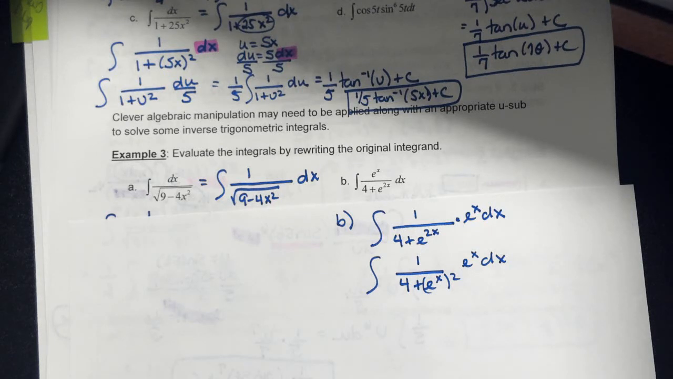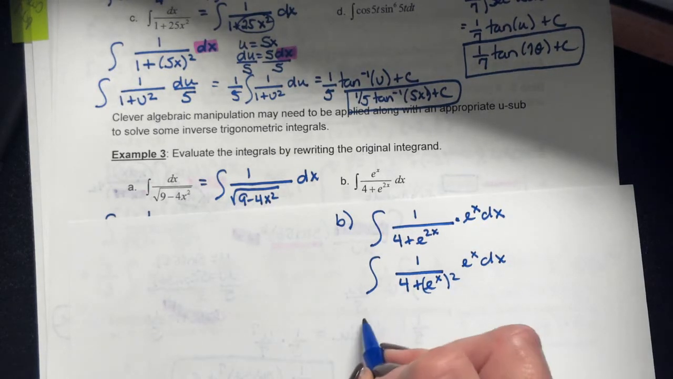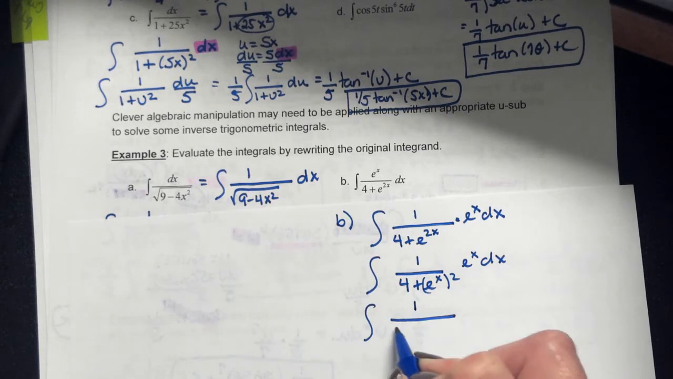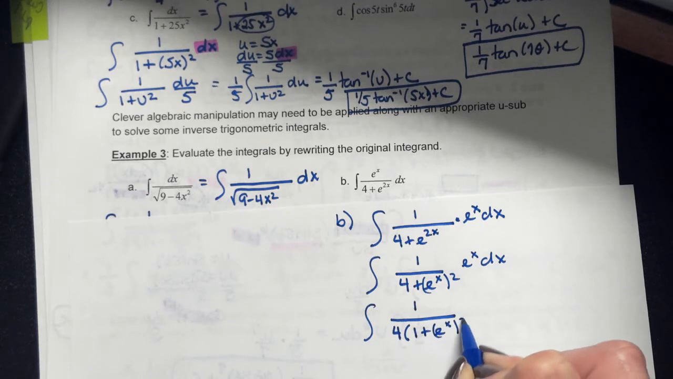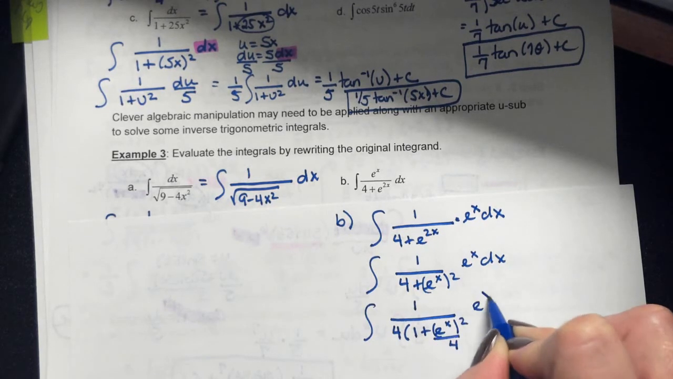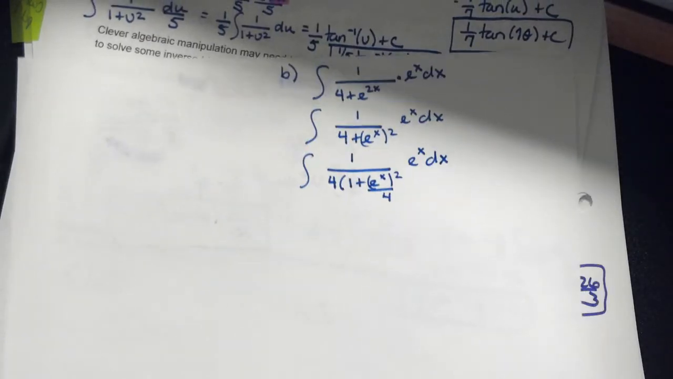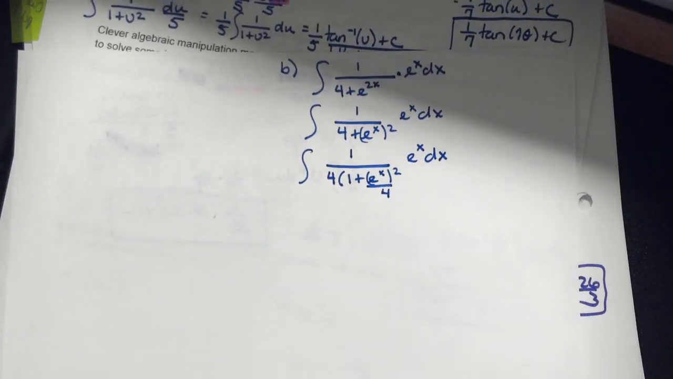I don't need a 4, I need to have a what? 1. So what am I going to factor out of the denominator? I'm going to factor out a 4. So now what constant can I yank out of this entire integral? What constant can I yank out? 1/4. So I have 1/4